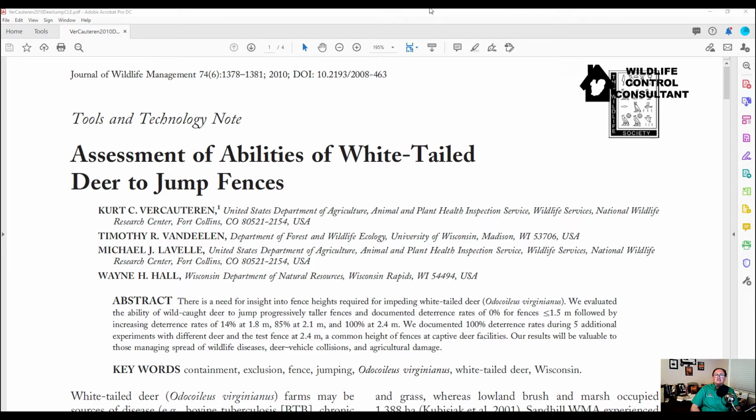How high of a fence do you know? If you want to have a fence that a deer can't jump, how high do you have to go? So that's what this research was. So this is an experimental research where they basically grabbed a bunch of deer and then tested them to see how high they could jump. That was it. So we're going to talk about how to read this sort of a journal article where you